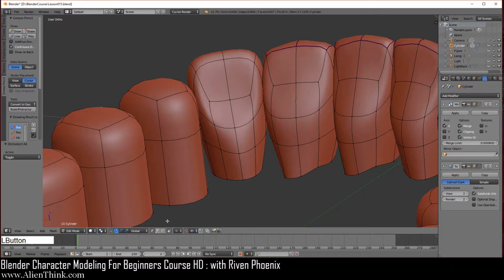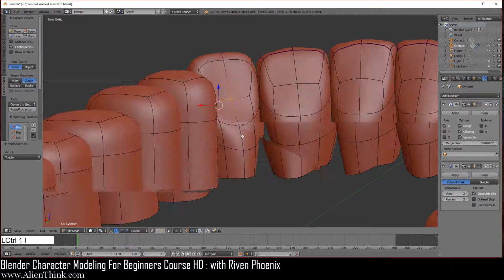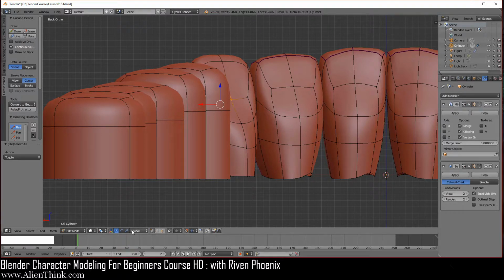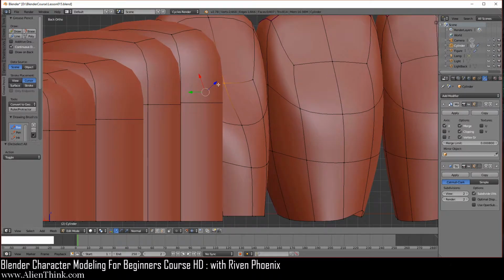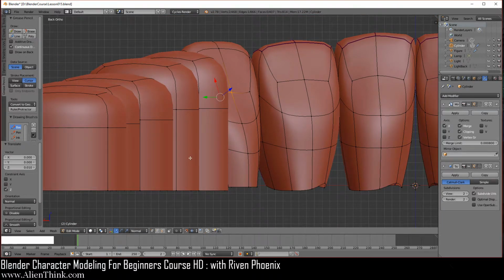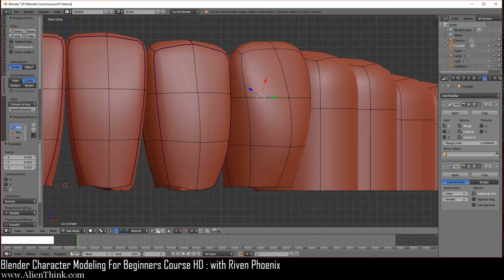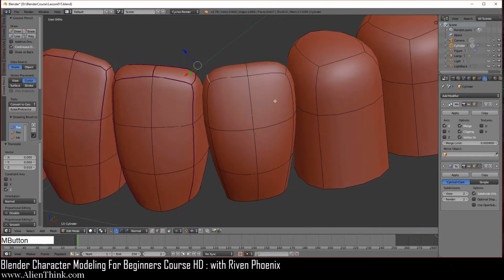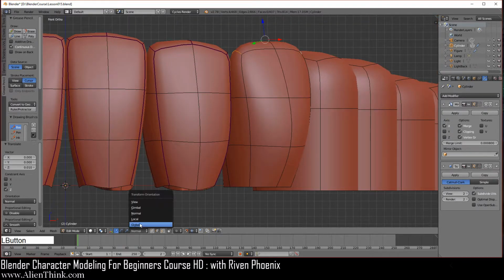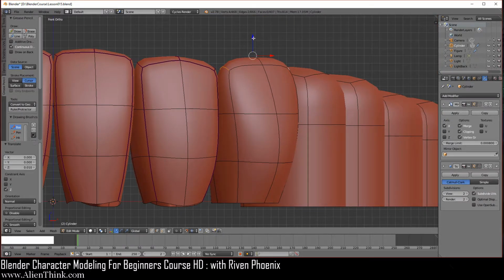So over here we're going to click on the vertex select mode, click on this vertex, shift down this one, do Control 1 over here, and what we want to do is switch to normals over here. So you'll get this blue arrow, and I'm just going to come up like this over here. Okay, next what we want to do is go to the front view, click on the edge select mode, click on this edge, shift key down this one, go to the front view and switch back to global over here. We're going to bring this down 1, 2, 3, bring this up one time over here.